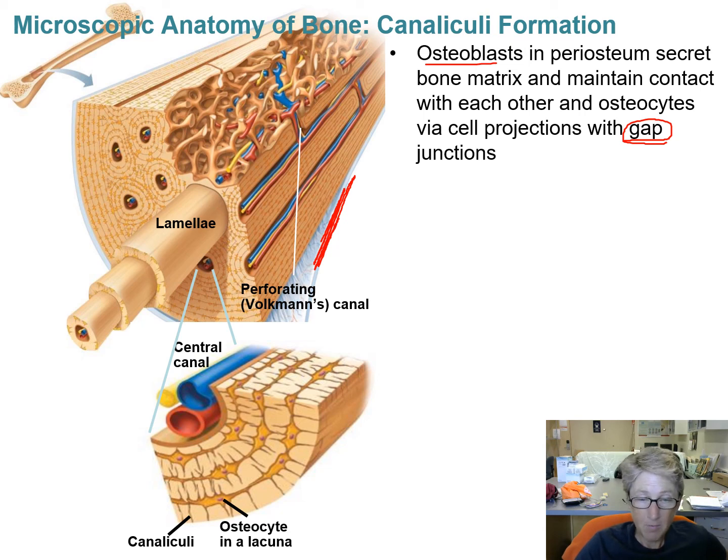So it doesn't show it. So the periosteum would be out here. So this would be the bone, right? And here's the periosteum out here, and there would be osteoblasts in there. And then the osteoblast cells, or the osteoblasts, could contact these osteocytes through these